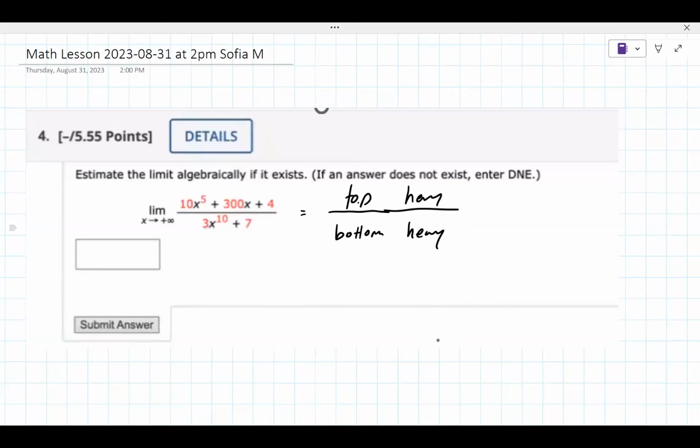So top heavy is like, if this is next to it, which is bigger, the fifth or the 10th? The 10th is going to be bigger. Okay. So bottom heavy means that this goes to 0, so the answer is 0. Now that's a shortcut. It's kind of magic. How does that even work? So to do this correctly,